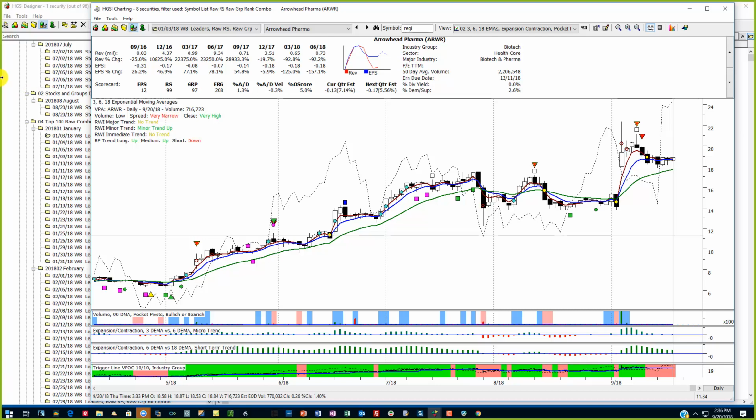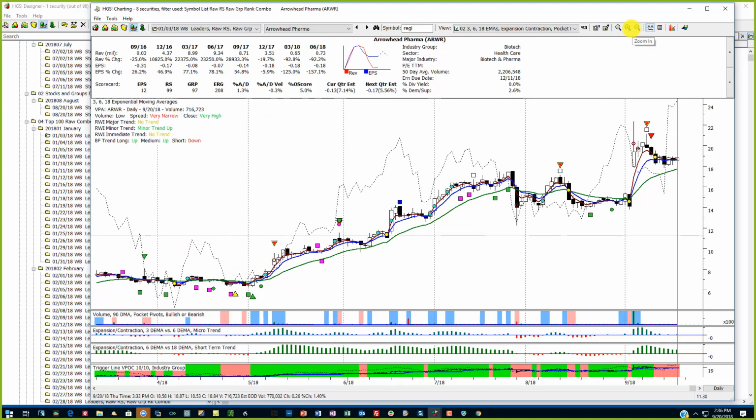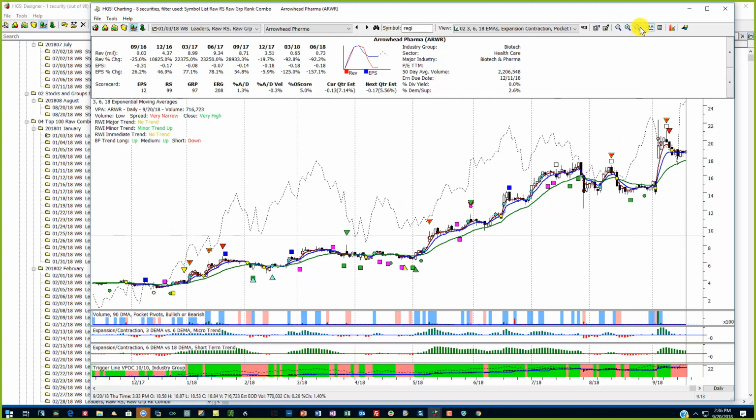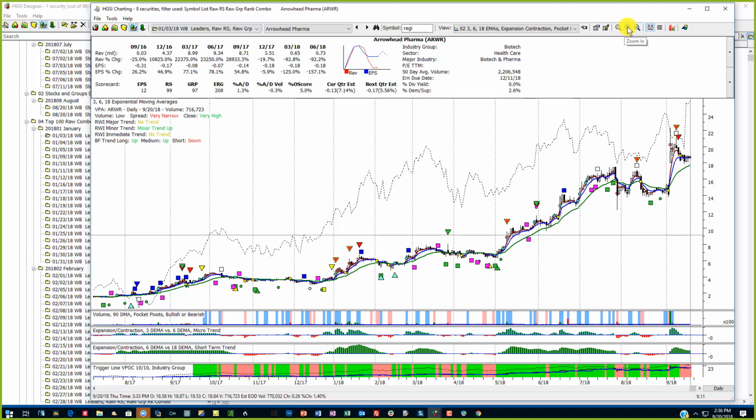Obviously, the CAN SLIMmers would not use this because the earnings are bad for a lot of these stocks, or they have no earnings. But just because they have no earnings, like this one, what is the percentage return on this stock from the beginning of the year? I could look it up in a column, but let's see. I know a lot of you don't like to trade biotechs. I'm not crazy about it,